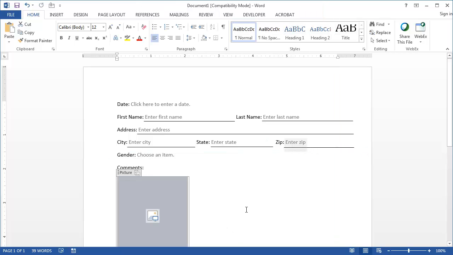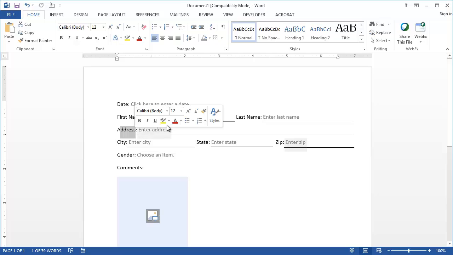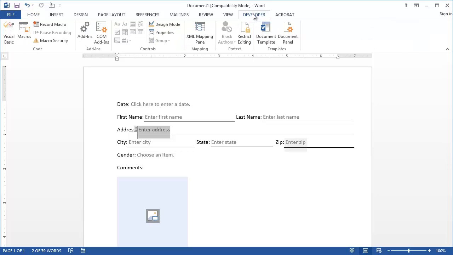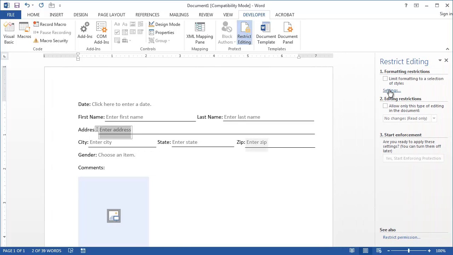Right. So now with that set, what I want to do is ensure that when this gets sent out, people will not be able to change this or change that. They can only enter information in these fields. So to have that enabled, I'm going to go under Developer, and under Protect, click Restrict Editing. I'm not too concerned about restricting the formatting of styles, and basically styles are like headings or